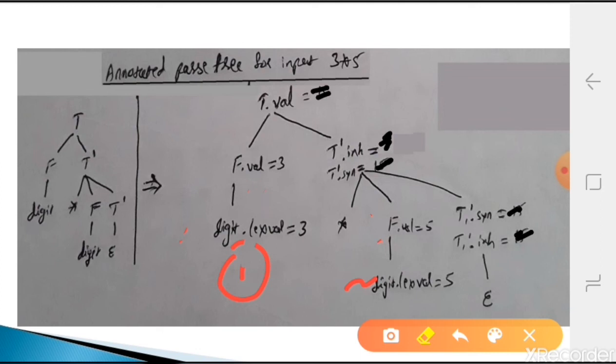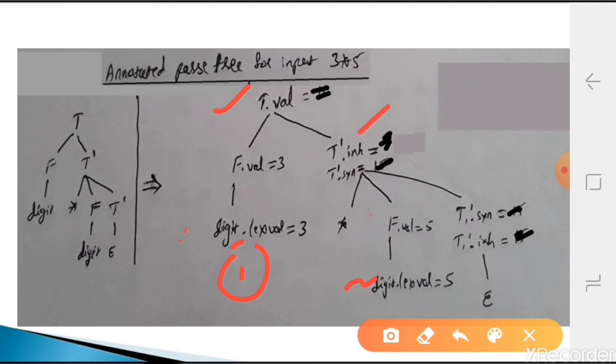So now we'll check, can I calculate t dot val? If you saw here, t dot val is a production for t producing f t dash. There we have two productions, two semantic rules: t dash dot inherit equal to f dot val.